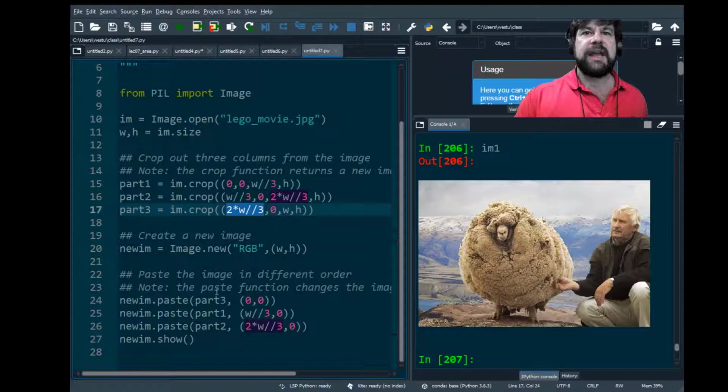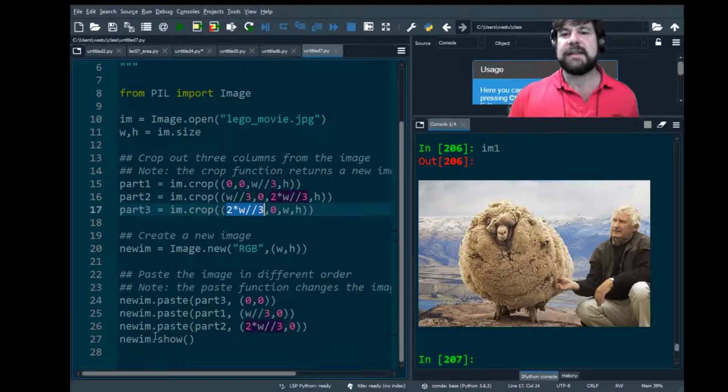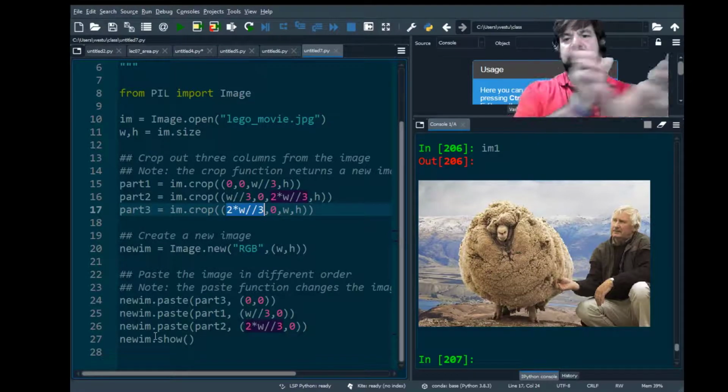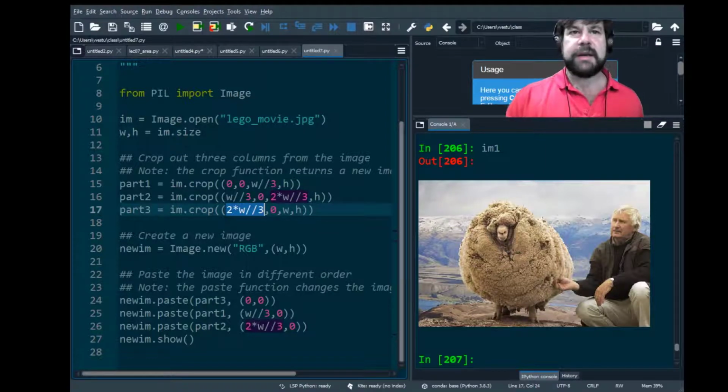We'll create a new image, and then all we're going to do is paste in some different pieces so that we kind of mess it up and put it in a different order. And if we run this,